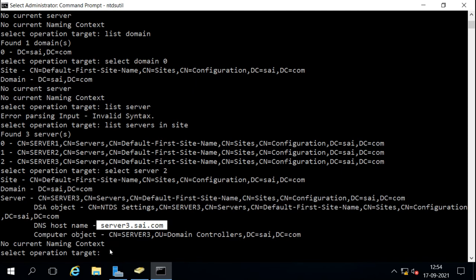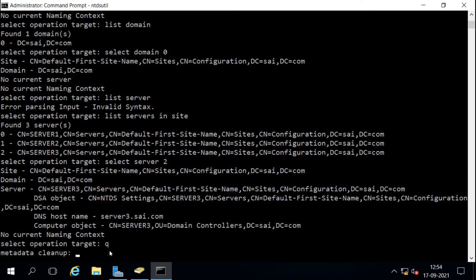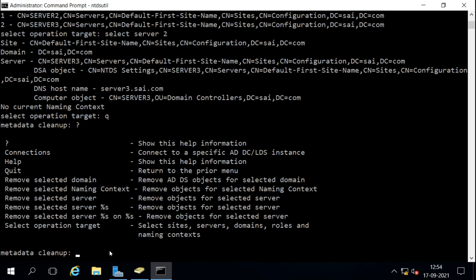Now after selecting the server, I will quit from here, back to metadata cleanup, and now I can remove it. I can remove the selected domain if we want to remove the whole domain. If we want to remove the server, we select the server, and if we want to remove the server object, then we can use the selected server and the object name.